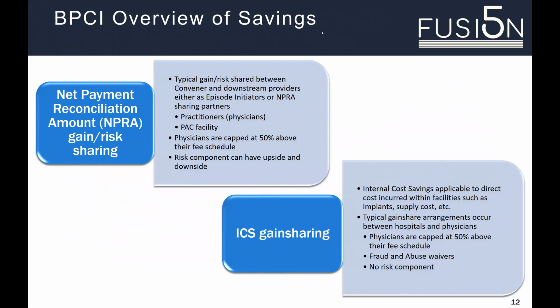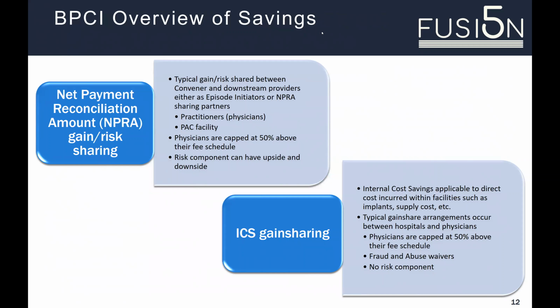With your net patient reconciliation amount, your NPRA, again, these are your variances to your target calculations. These are going to be driven largely by your post-acute utilization. For example, if you were sending patients to an IRF, that could be a 15 to 18K add to your episode cost. Whereas if you could send your patient home, that's typically going to be about a 3K episode. So you can right there just see significant savings from next site of care decisions, things that can drive your